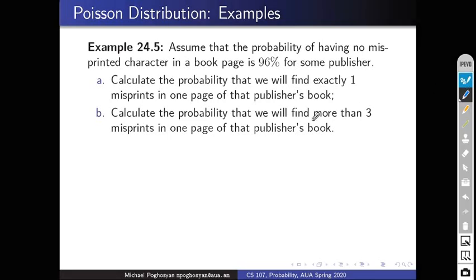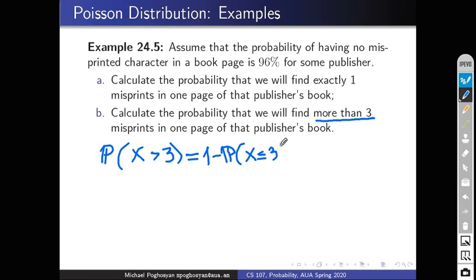So next is to calculate the probability that we will find more than 3 misprints in one page of that publisher's book. So we are asked to calculate the probability that the number of misprints will be larger than 3. And of course we will use that complement event probability calculation formula to calculate this. So this is 1 minus the probability that x is less or equal than 3. This is equal to 1 minus